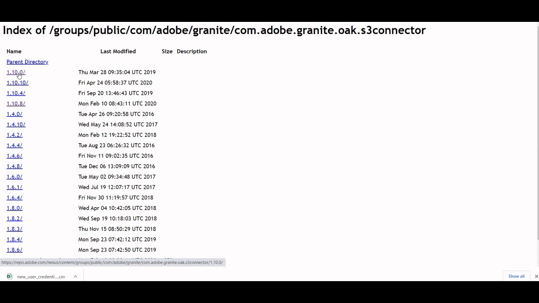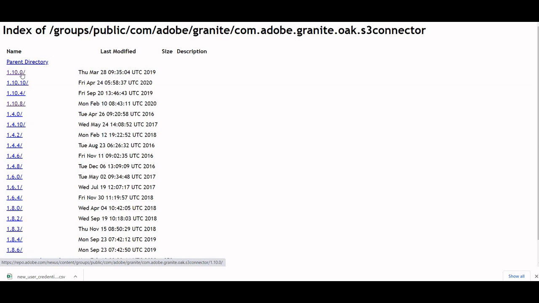This is mandatory for S3 as a data store, as well as for the next video I'm going to cover, which is how we can use the S3 asset ingester utility. For that as well we need this bundle, because the AWS SDK is available inside it.